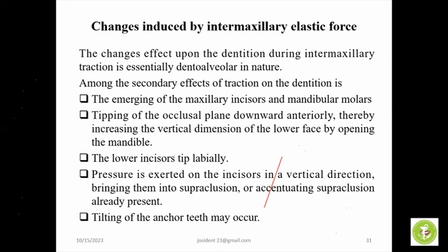As the teeth elongate because of the traction in the anterior segment, you will expect the occlusal plane to tilt downward anteriorly and upward posteriorly. A similar effect will happen in the mandible, and the lower incisors will also tip labially. As the molars extrude due to the traction force by the elastic, it will bring the occlusal plane down anteriorly and up posteriorly for the mandibular segment,